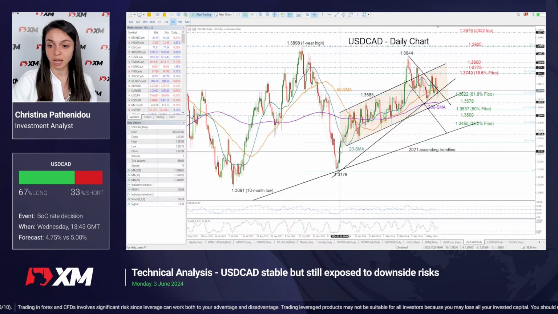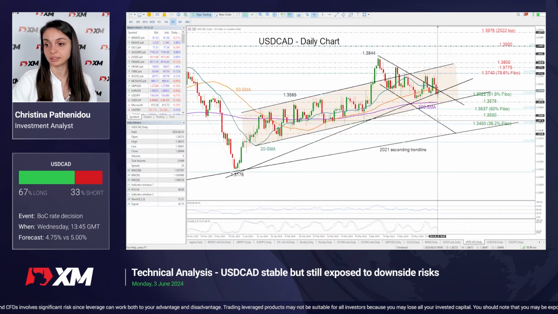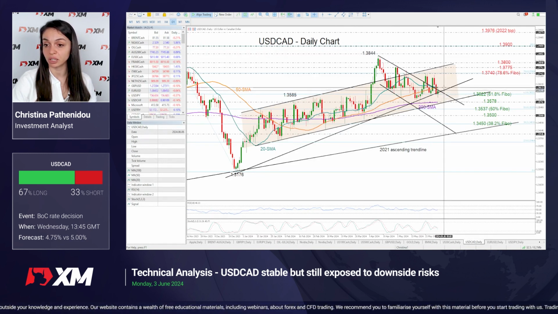A break below that floor could then retest the 1.3537 territory, where the 50% Fibonacci retracement of this outlook over here is located. While lower than that, if the 1.35 level fails to hold, then all the attention will turn to the 38.2% Fibonacci mark of 1.3450, which is close to this support line over here. Alternatively, the pair will need a decisive close above the 1.3645 level and perhaps beyond the 20 and 50-day moving averages in order to reach the 78.6% Fibonacci of